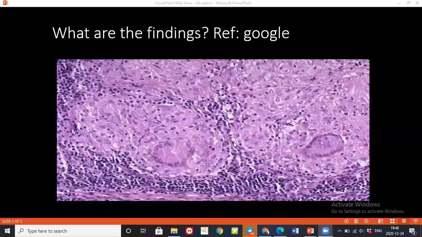So, what should be the treatment for tuberculosis? Depending upon whether it is pulmonary or it is disseminated, there are primary first line medications and second line medications. In first line we have isoniazid, rifampicin, and the third one is ethambutol. And there are second line medications, and depending upon whether it is multi-drug resistant or not, we have